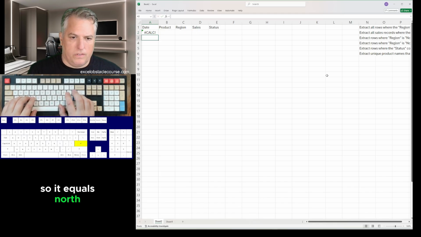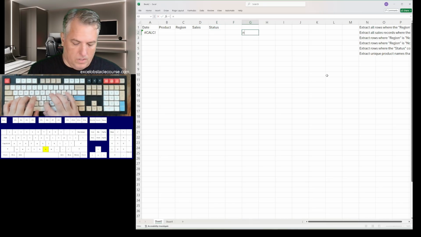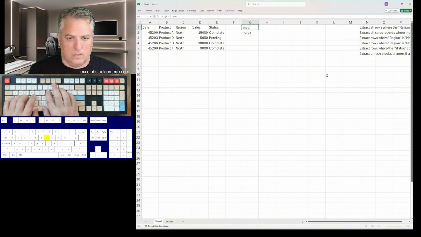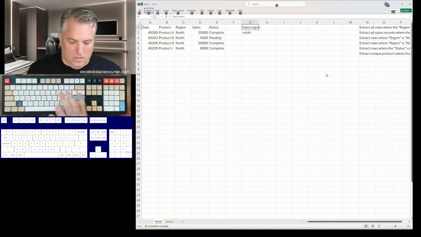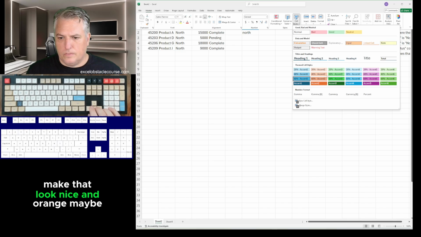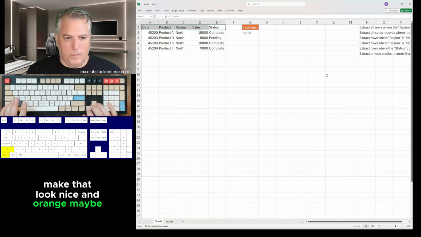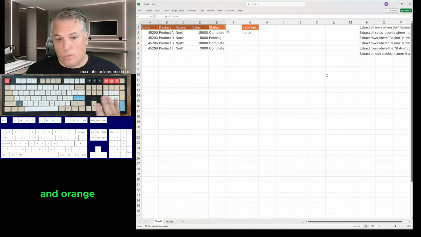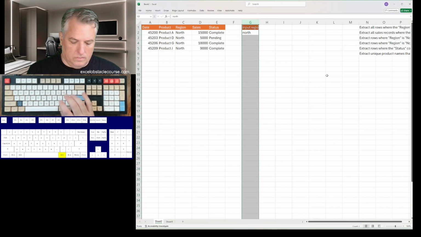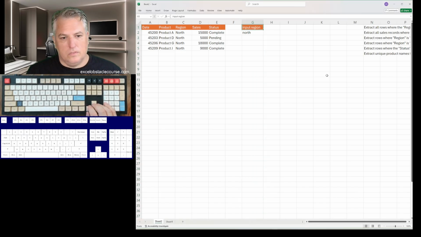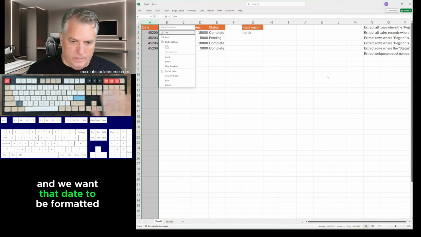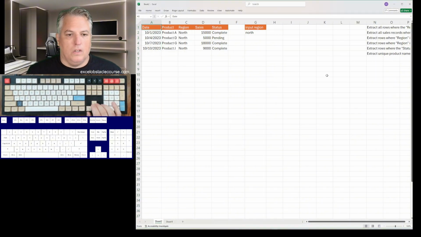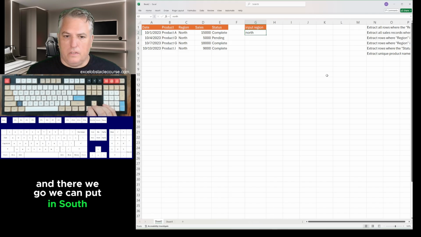So it equals north, north. Make that look nice. And orange. Maybe this looks nice. And orange. And we want that date to be formatted as a date. And there we go. We can put in south,